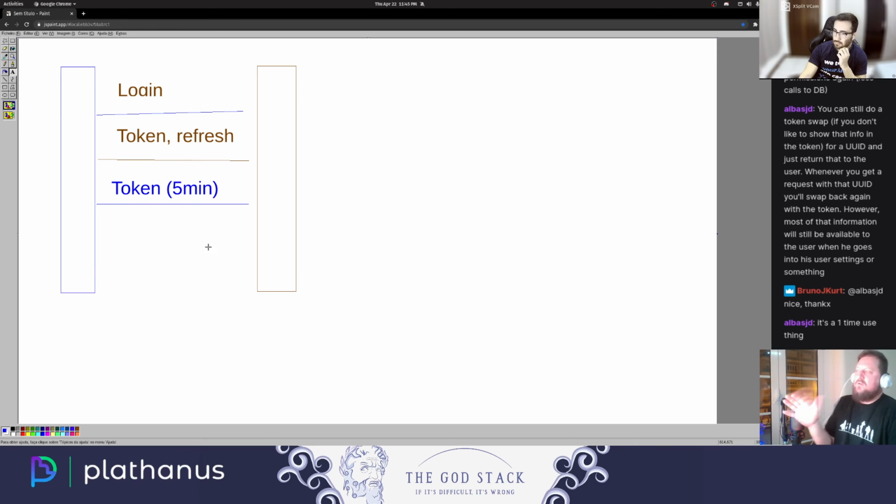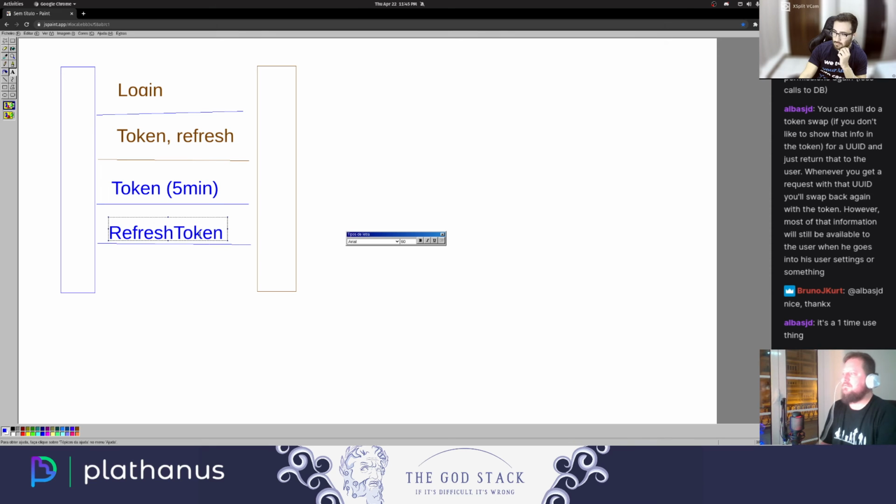When the token is not valid anymore, the front end should call the backend, and it's gonna pass now the refresh token, and the server is gonna give back